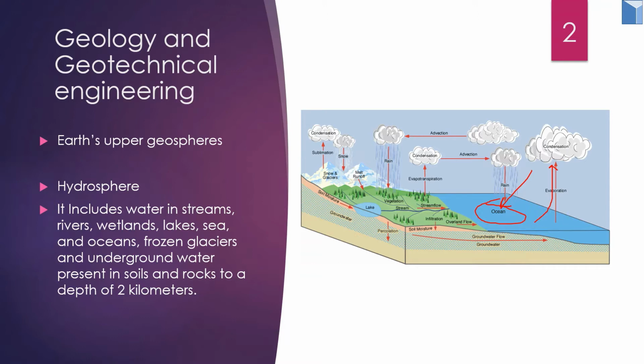This happens in the near atmospheric space, which can be between 4 to 8 kilometers high, where the temperature is lower than near the Earth's surface. So the clouds can give us the fresh water back